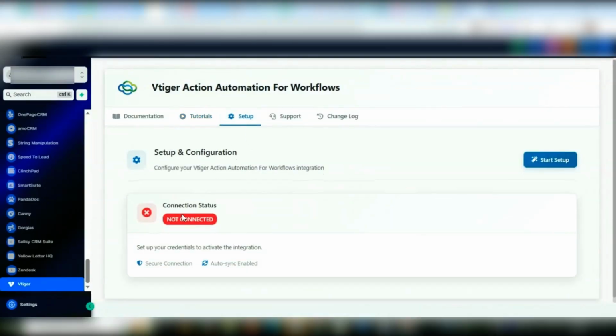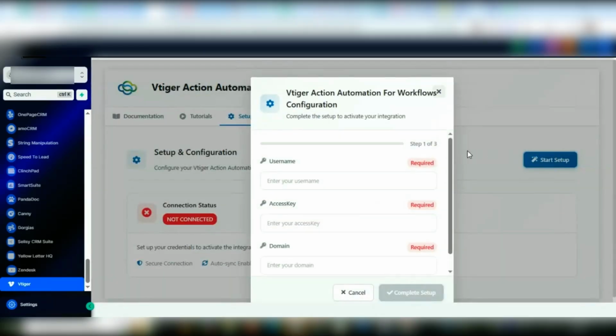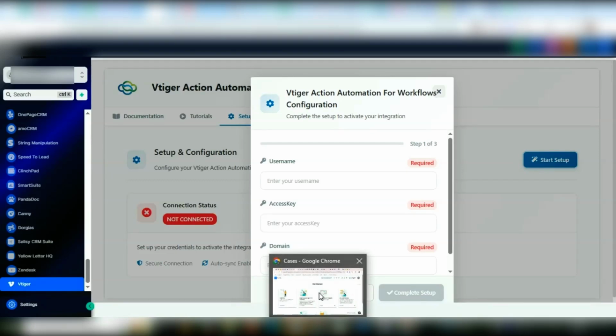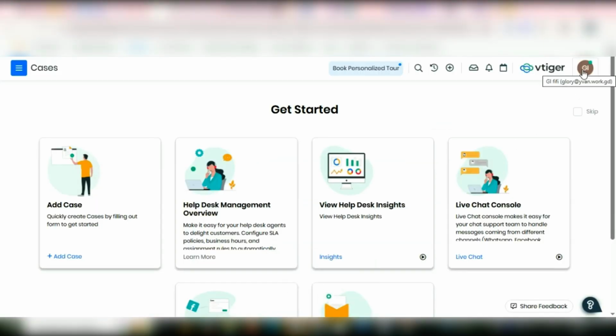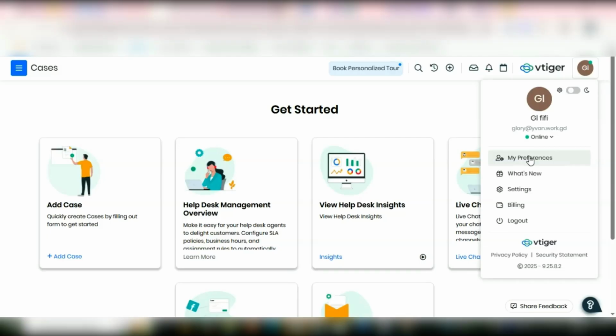Under the setup, we notice that our app hasn't yet been connected, but no worries, we are going to walk you through how to connect and set up your app. First thing, you're going to click on Start Setup, head over to your account online, click on your profile, click on My Preferences,